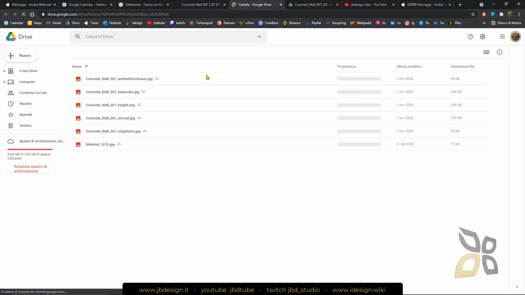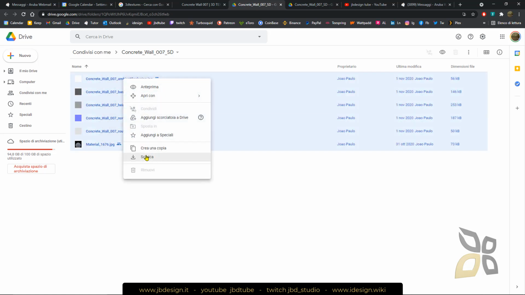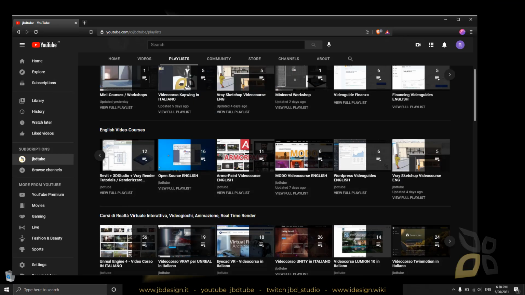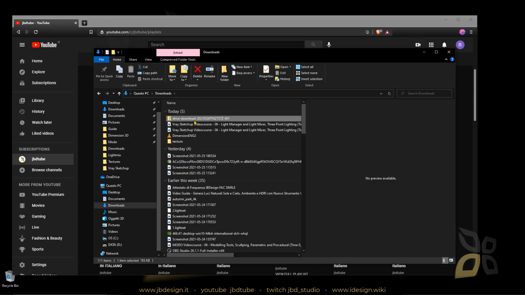So if you click to download, you will be brought here into a Google Drive shared space. You can select the file that you want to download, right click and download. Now this is in Italian here, but you can find the download link, no problem. Once you download, all this stuff is going to appear in your downloads folder, and it's going to be zipped like that. So you just have to extract this content, and in this case I have created a folder here